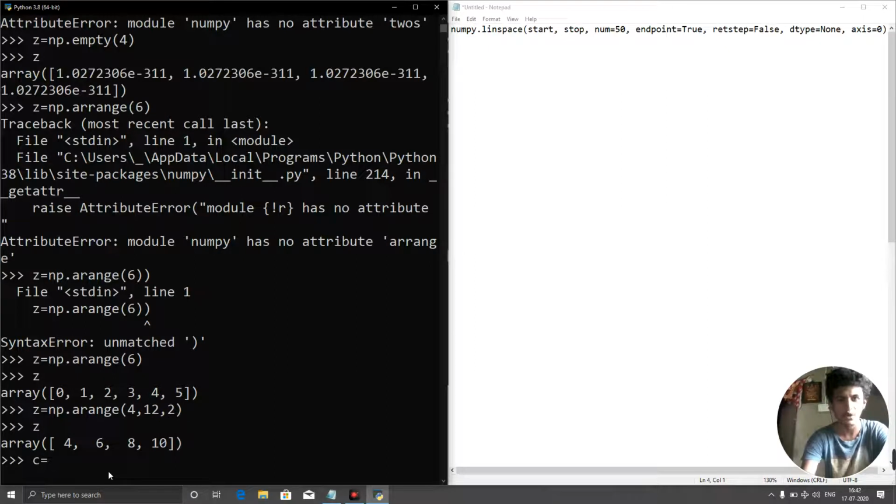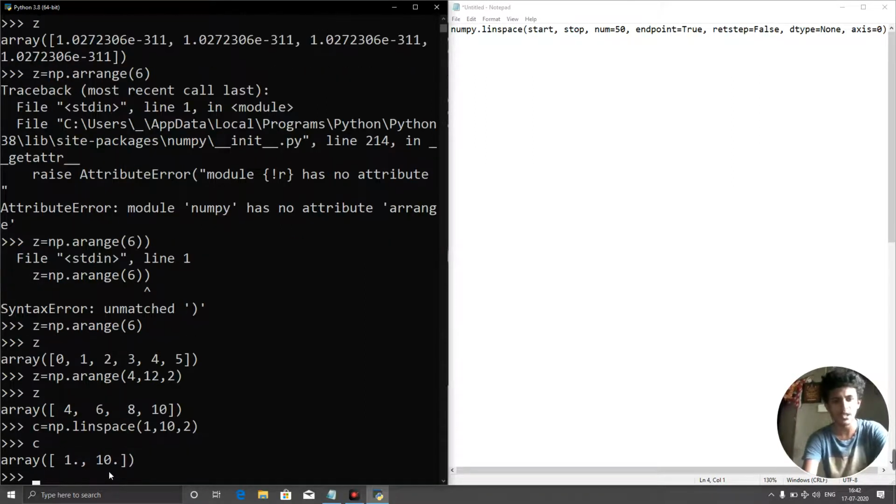For example, c equals, since we imported numpy as np, I have to use np dot linspace of start 1 and end 10, and here I'm going to give 2. Then I press enter, and if I check the value of c,